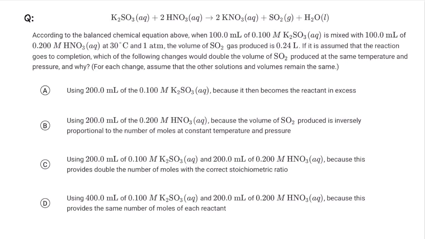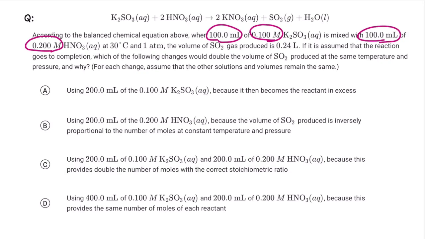Potassium sulfate in aqueous reacts with 2 moles potassium sulfide in aqueous reacts with nitric acid to produce 2 moles of the potassium nitrate in aqueous, and then sulfur dioxide gas and water in liquid. According to the balanced chemical equation above, when 100 milliliters of 0.1 molar potassium sulfide is mixed with 100 milliliters of the 0.2 molar nitric acid at 30 Celsius degrees and 1 atm, the volume of sulfur dioxide gas produced is